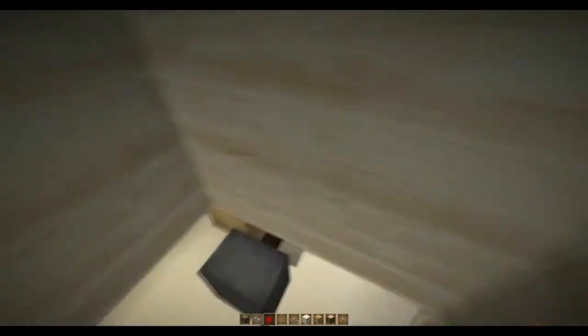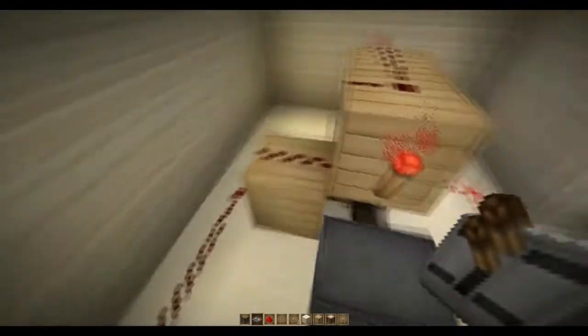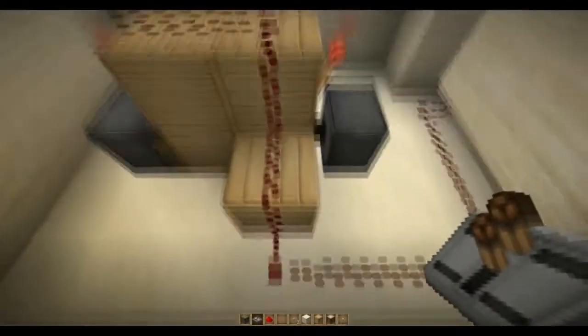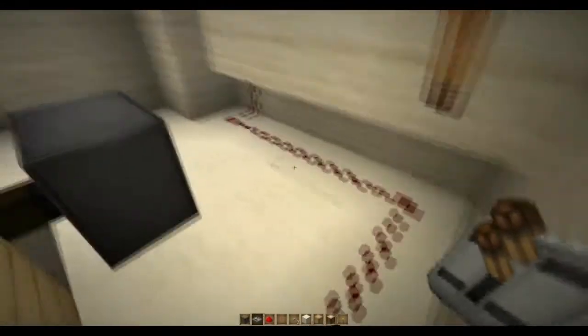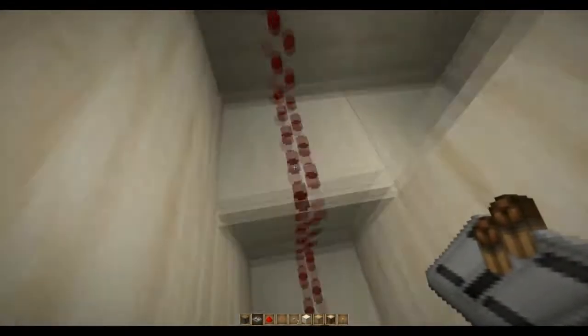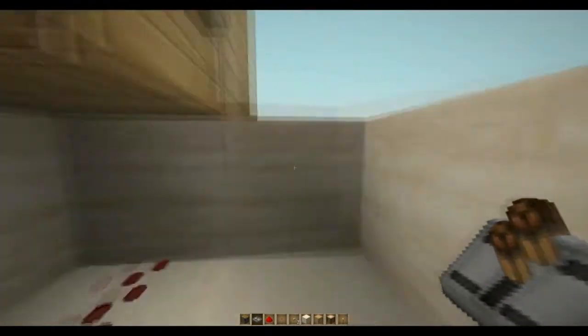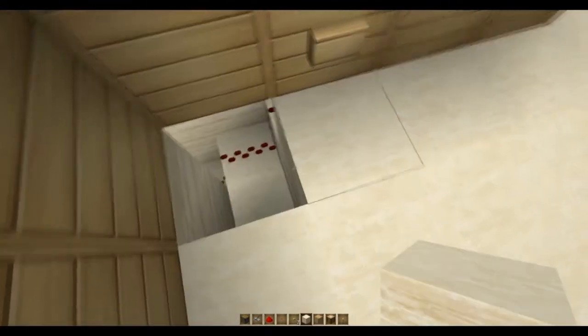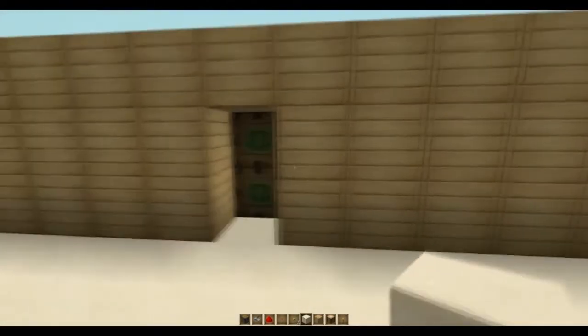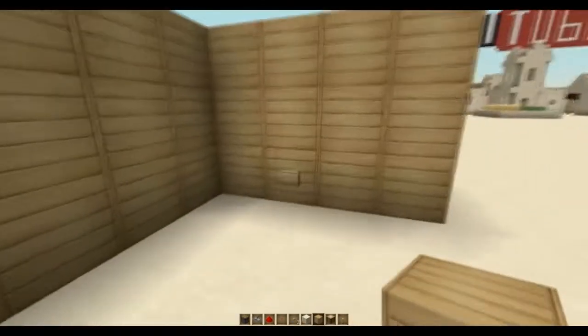But obviously we're going to need a repeater because it won't reach that far. So let's see. 1, 2, 3, 4, 5, 6, 7, 8, 9, 10. We'll put one here. So 1, 2, 3, 4, 5, 6, 7. That's 7, that's fine. So this actually should work now. As you see, nothing's there. If we push the button,